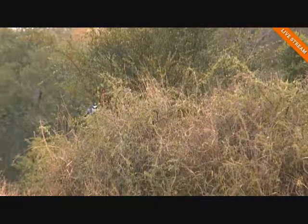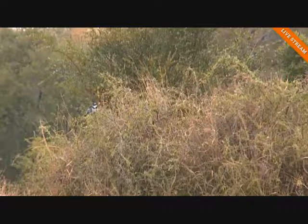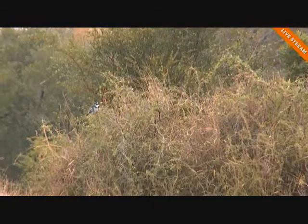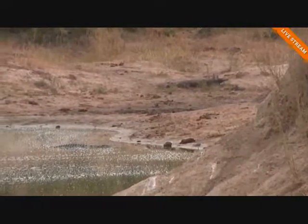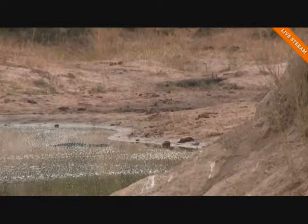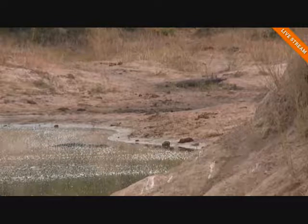Okay, Romeo, now we'll leave it up for a bit longer. But that's enough. Now down to the crocodile, which is just lying up on the bank down to the left. Now, while we have a look at our new friend, the crocodile,